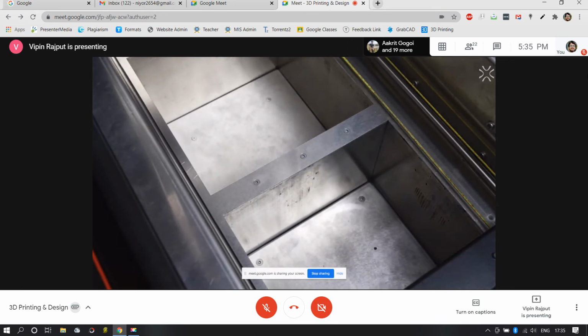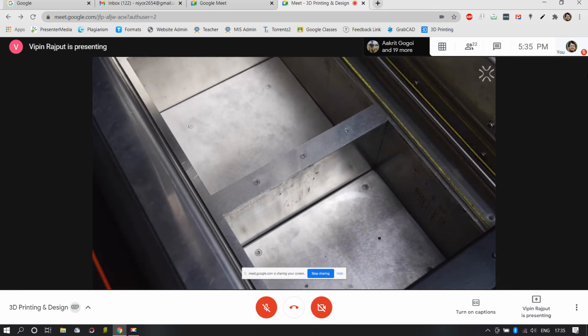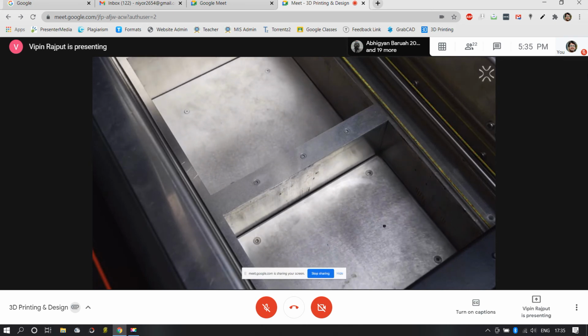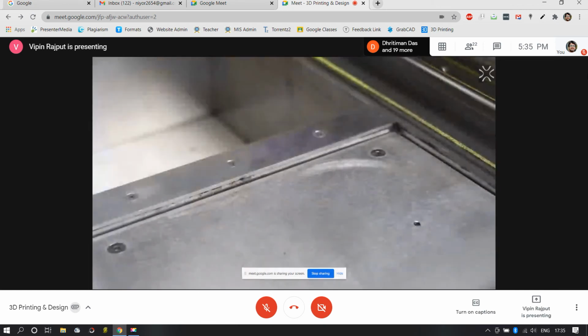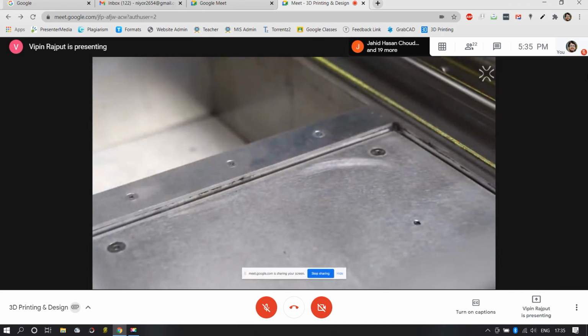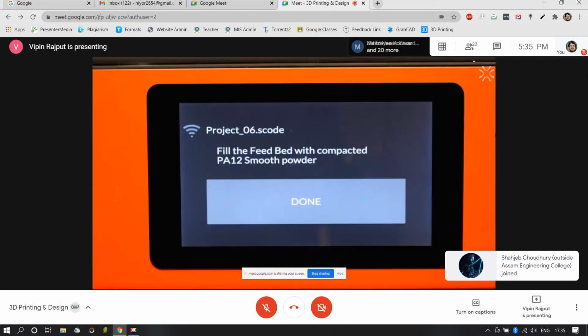In our 3D SLS system, you don't have to measure the amount of powder needed for printing. The feed bed will ultimately stop at a position that will show you how much powder is necessary. The print bed will go all the way up. It will stop just a few millimeters from the edge. It is normal.